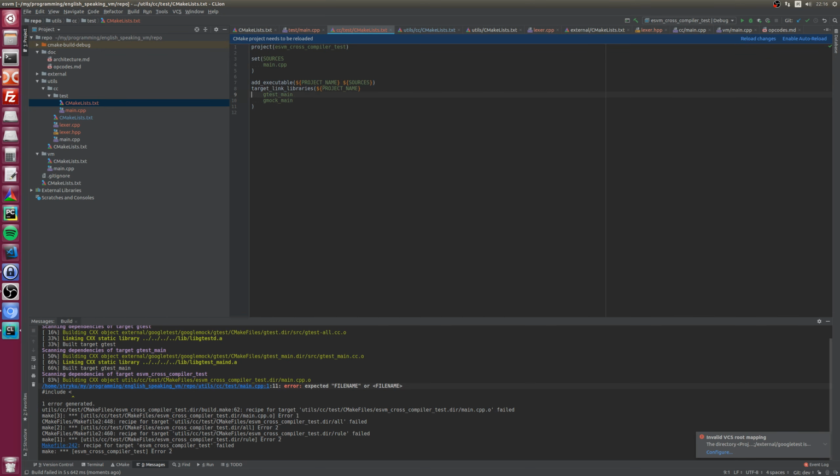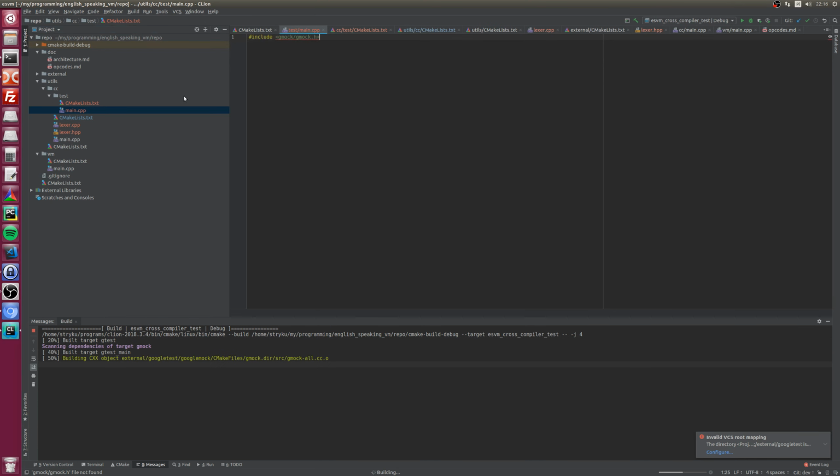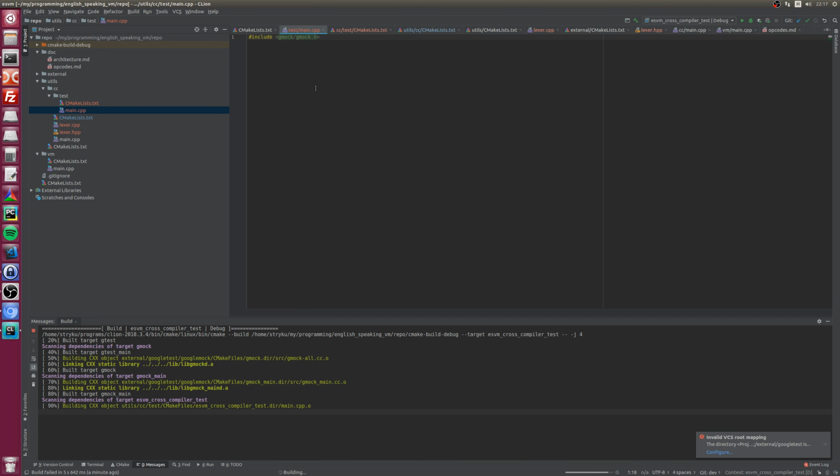I always wanted to implement my own virtual machine. So yeah, let's make it happen. Gmock.h. Is it going to compile? Yep. Well, there's no main function yet, but